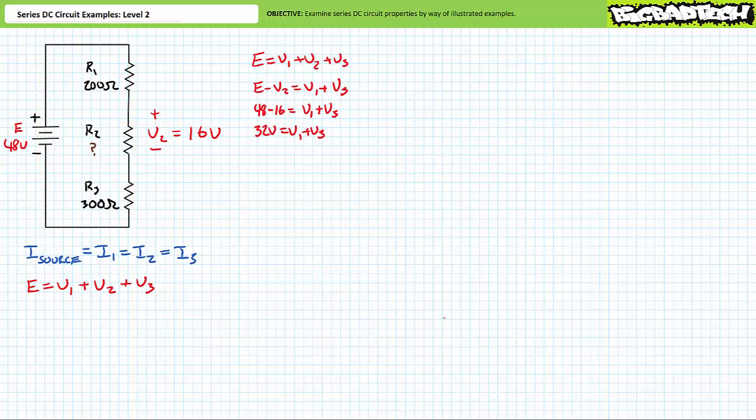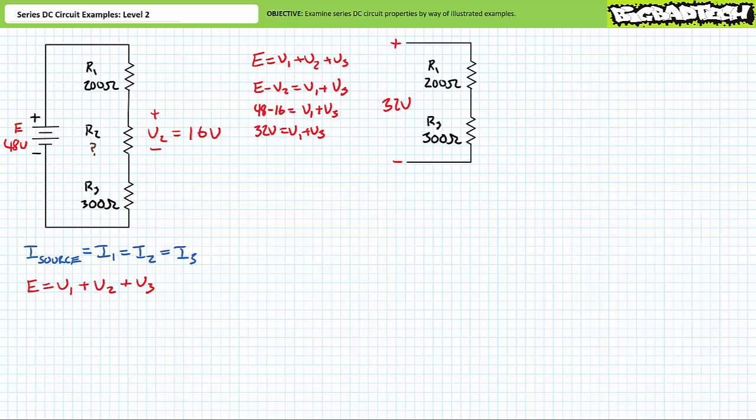An algebraic rearrangement of the Kirchhoff's voltage law equation, solving for the unknown voltages V1 and V3, suggests that V1 plus V3 equals 32 volts. How would 32 volts be apportioned between these two known resistors? We can utilize a simplification where 32 volts is across a 200 ohm resistor in series with a 300 ohm